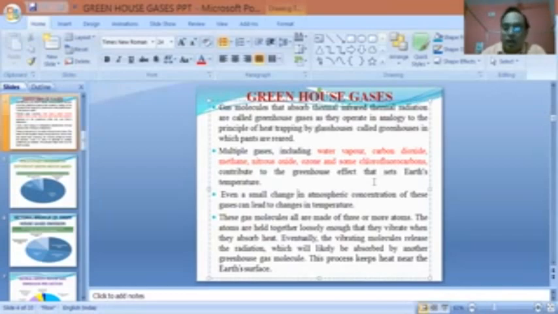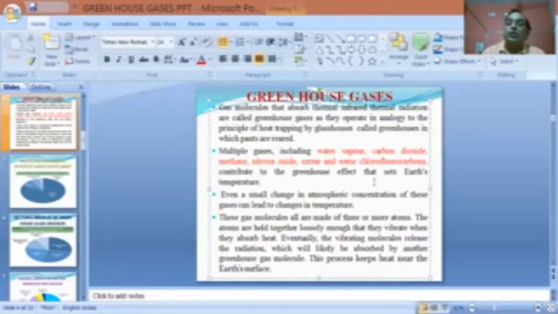That's why any alteration in the concentration of these greenhouse gases will lead to an alteration in the thermal budget of the planet. If the greenhouse gas concentration decreases in the atmosphere, it will lead to lower temperature, whereas if it increases, it will lead to higher temperature, more trapping of heat. So the greenhouse effect is a natural process. Greenhouse gases are very much there and they are carrying out the function, and that function is necessary for the survival of organisms on the earth. But